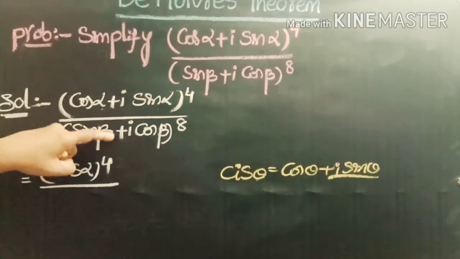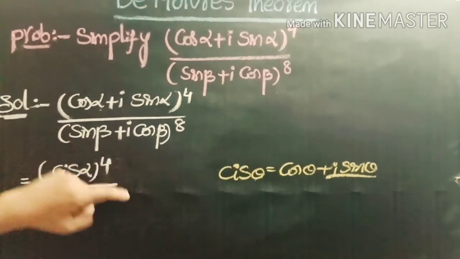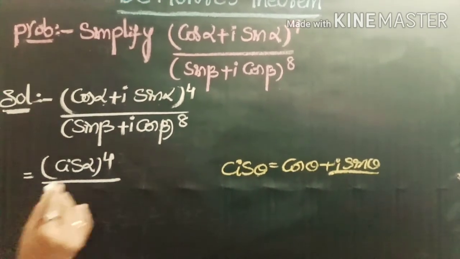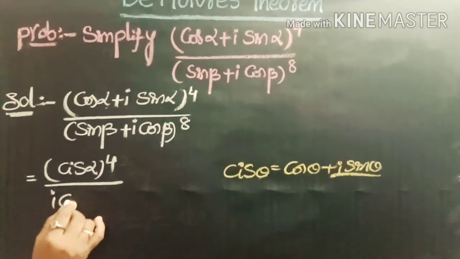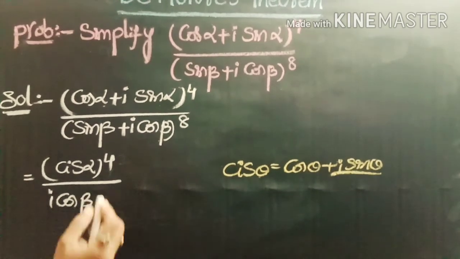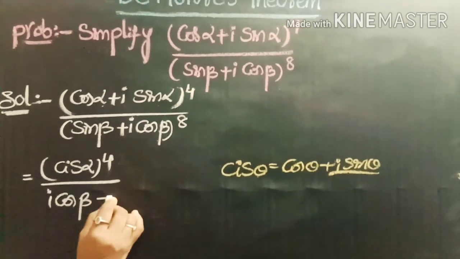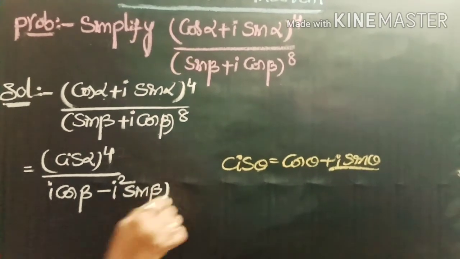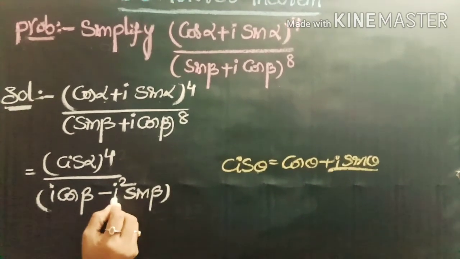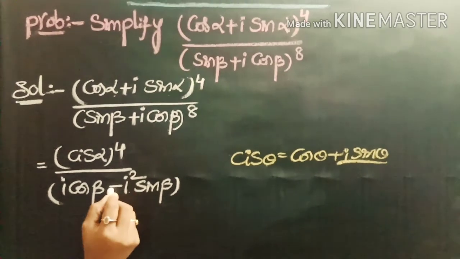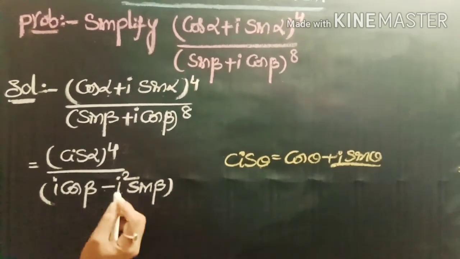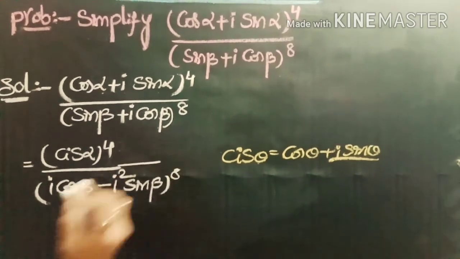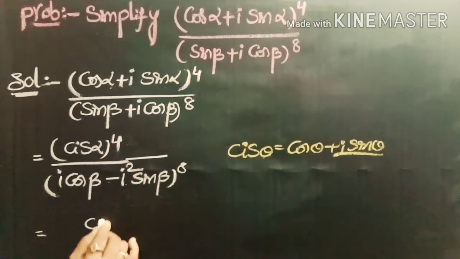Now we want to change this value in the form of either cos theta + i sin theta or cos theta - i sin theta. For that, first I am writing the cos term, that is i cos beta. This is sin beta. In place of sin beta we take the value minus i squared sin beta. Since i squared is equal to minus 1, minus of minus becomes plus. So further we are taking this value as (-i squared)^8, and this is equal to, now